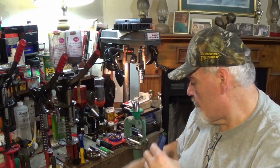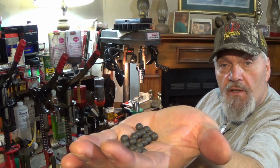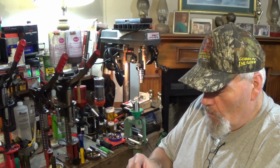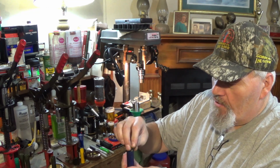We need 10 pellets. First one is just regular Lee tumbled double aught, graphite ALOX treated. That's it. By twos, we stack 9, 10